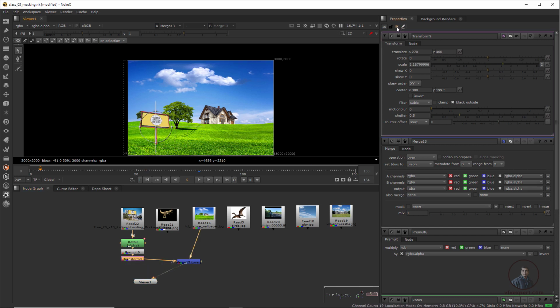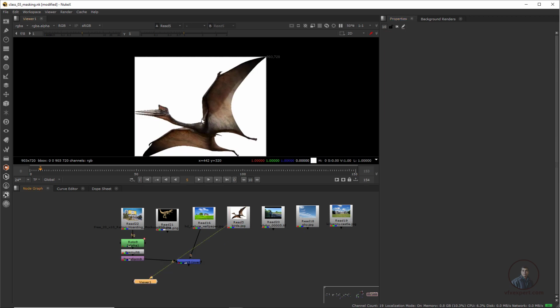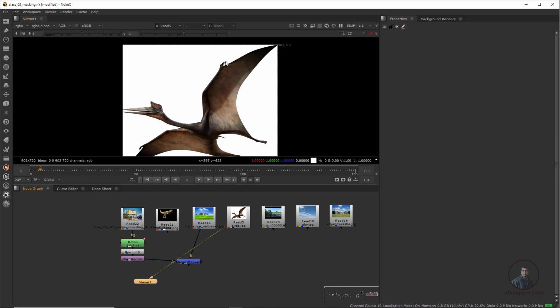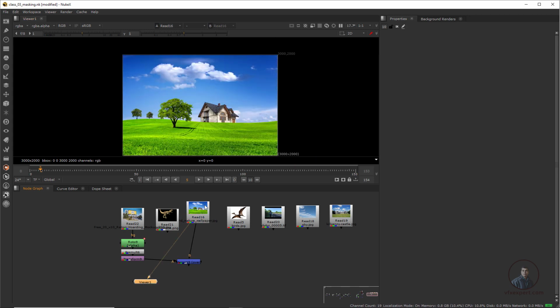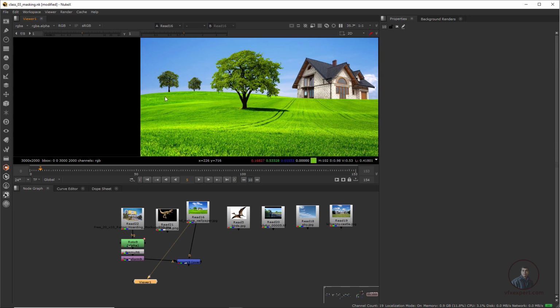So like this you can create any matte inside Nuke with the help of Roto or with the help of a Keyer, because in Nuke sometimes it's not possible to easily create your matte with Roto. Like here, select this one, press 1. If you try to create a roto, it will take a little bit of time. Even if you want to replace this sky, select this one, press 1. And suppose you want to remove this sky and you use Roto to create a mask, it will be very difficult to create a mask inside this tree area.